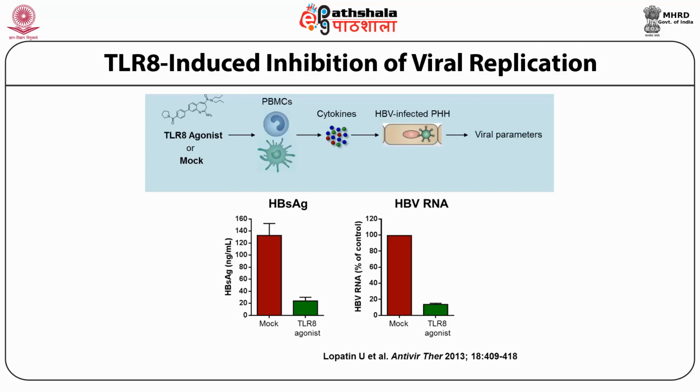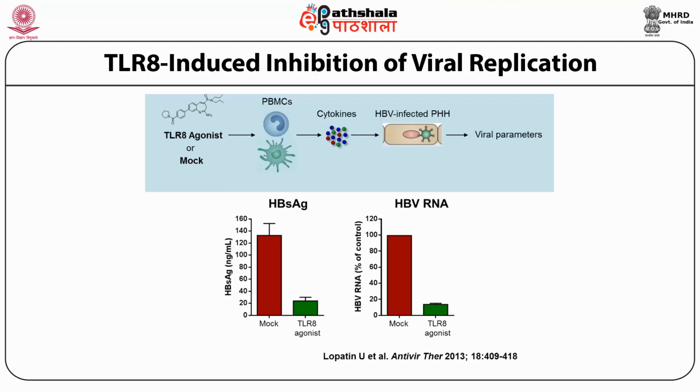So what Lopatin et al. have studied, and published in Antiviral Therapy, is that they stimulated the PBMCs with TLR8 agonist and saw the cytokines released, and in HBV infected hepatocytes, they